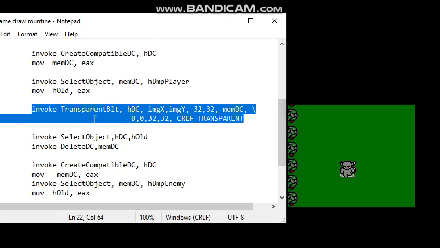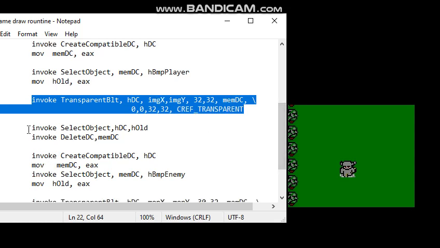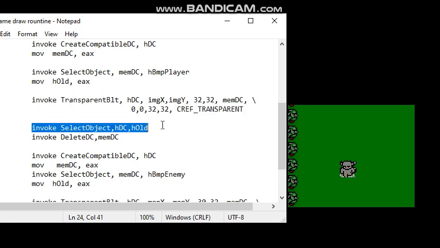So we have to invoke TransparentBlt using the device context handle, and we're using image X, image Y, 32, 32 because it's a 32 by 32 bit object, memory DC, 0, 0, 32, 32, transparent,